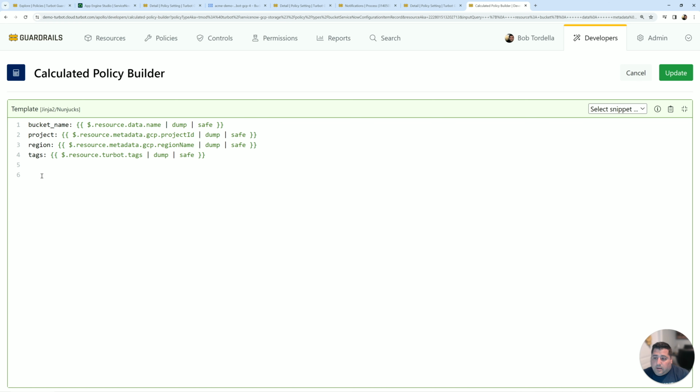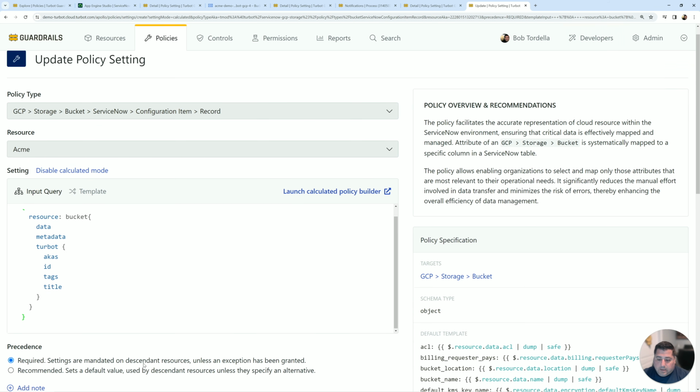This is where it's getting the information from in the Turbot Guardrails CMDB. We can then add additional information. So here I can then pull in, where is that versioning enabled coming from? Well, that's also coming from the resource data that's already in Turbot. And then I'm bringing in that app ID, which is actually part of the tags map against that resource. So I'm going to specifically pull in the application ID that's along with the rest of the labels, and I'm going to elevate that into its own column and own value in the ServiceNow CMDB. And so if I go update that here,